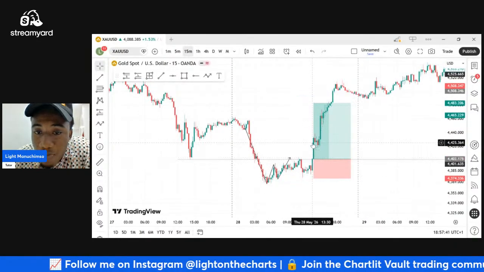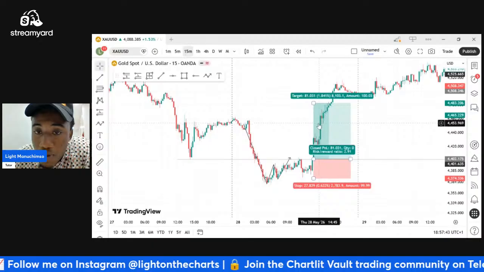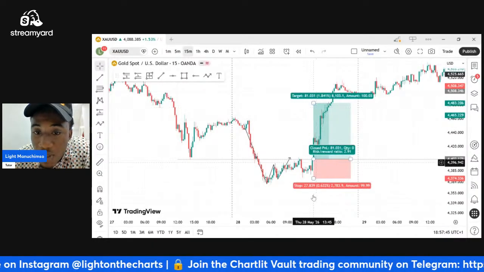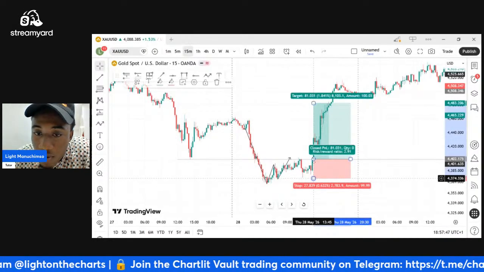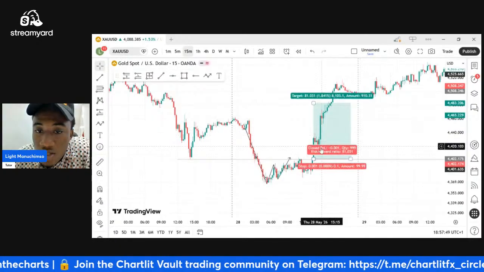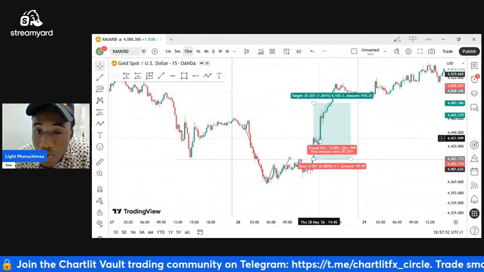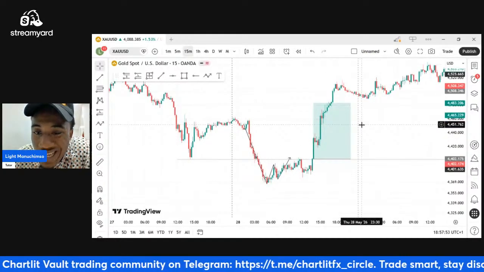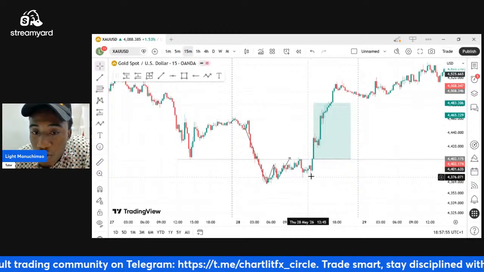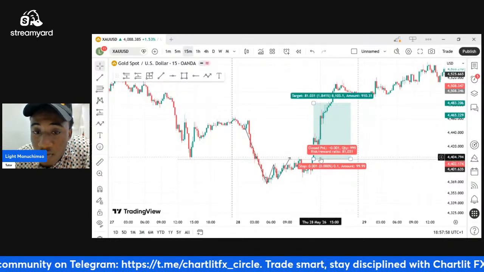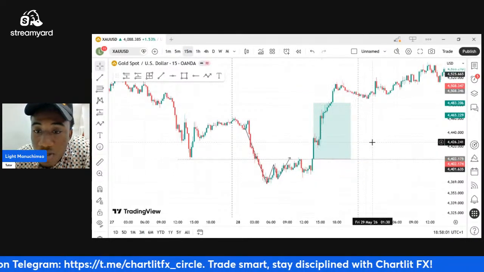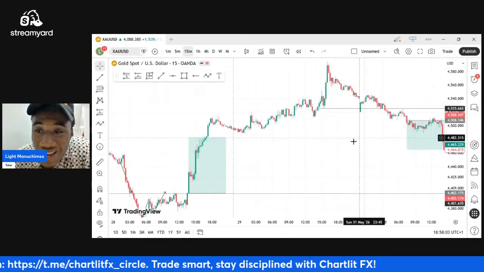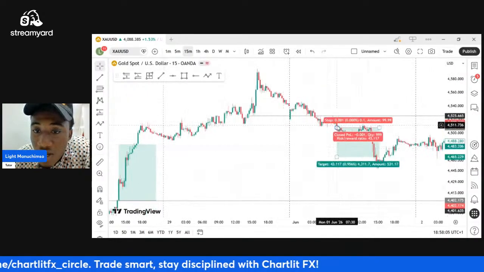And the moment price pushed up, dropped down, pushed up again aggressively, before I got to my TP, I actually broke even. Why? Because you can see the momentum of this candle pushed up. You can see this other one. So price is less likely to come back. So what do I do? I just break even. Take my stop loss to my entry point, just in case anything funny happens. Same thing on this trade right here.